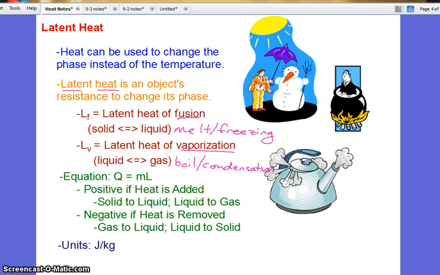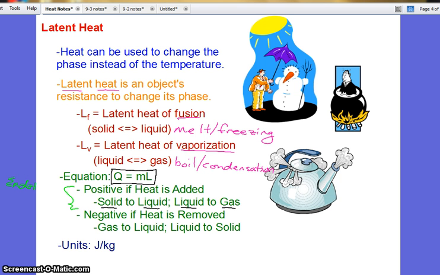Now, to get the value for the heat necessary using latent heat, you saw that we simply take that value for latent heat and multiply by the mass. So here's our equation. Q for heat is equal to M for mass times L for latent heat, whether it's fusion or vaporization. Now this latent heat value can be positive or negative. It is positive if heat is added, such as going from a solid to a liquid or a liquid to a gas. When heat is added, we refer to this as endothermic,